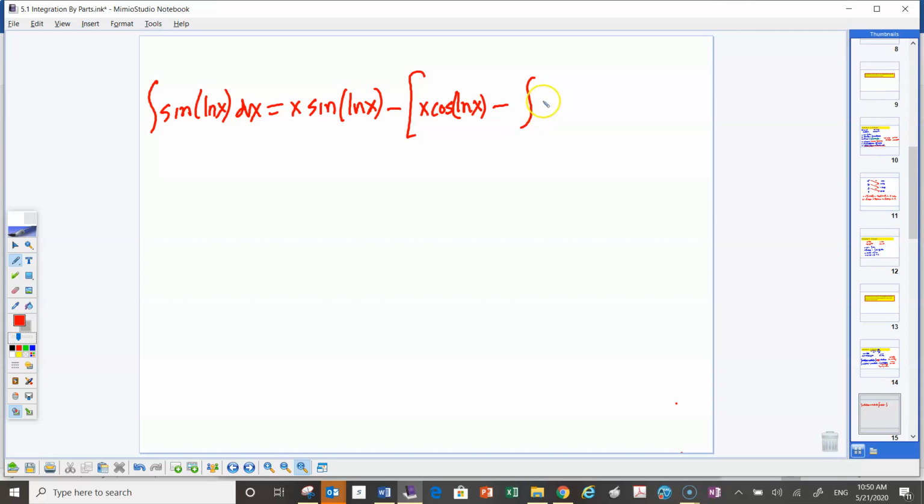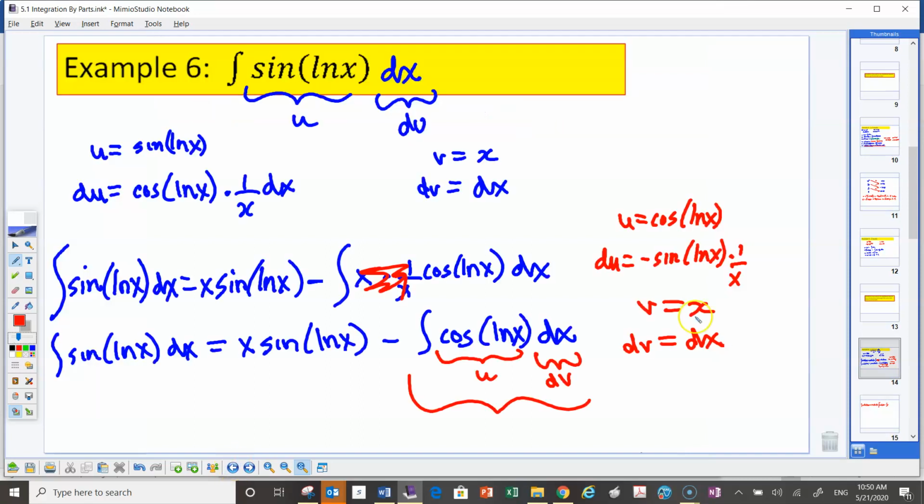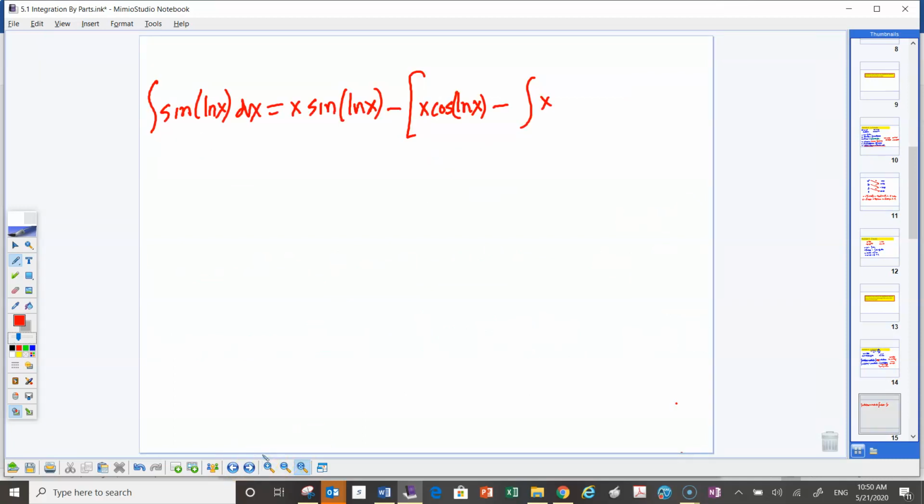So v is x, and du is negative sine ln x over x dx. So to clean this up,